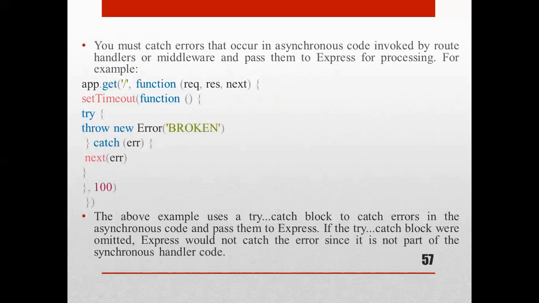So we must catch the errors that occur in asynchronous code invoked by the route handlers or the middlewares, and we have to pass them to Express for processing. So how to pass this? See the get function app.get with the path '/' and function request, response, next. Three parameters are there; next is for the error handling. Then you see the setTimeout function. That setTimeout function contains an empty function with the body